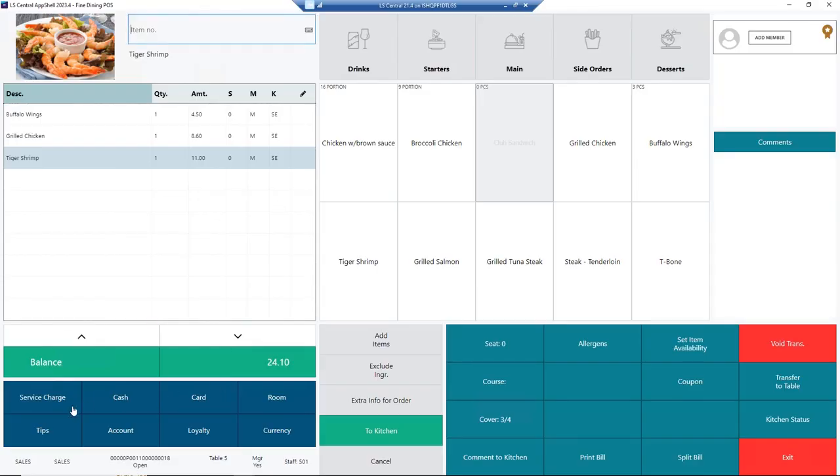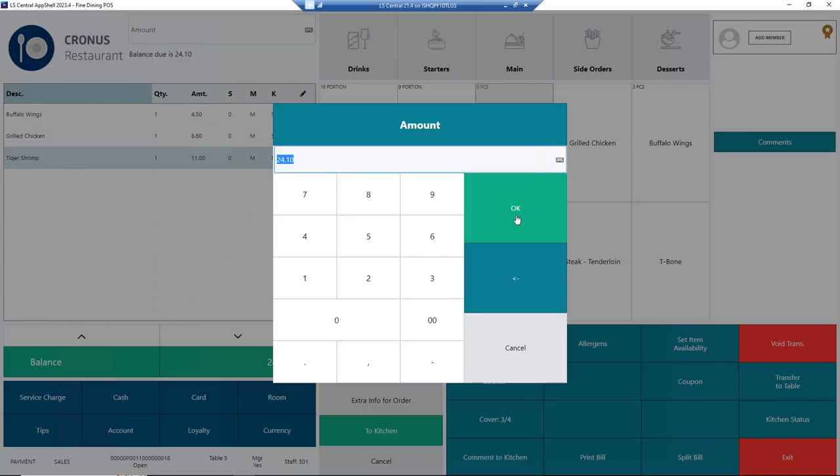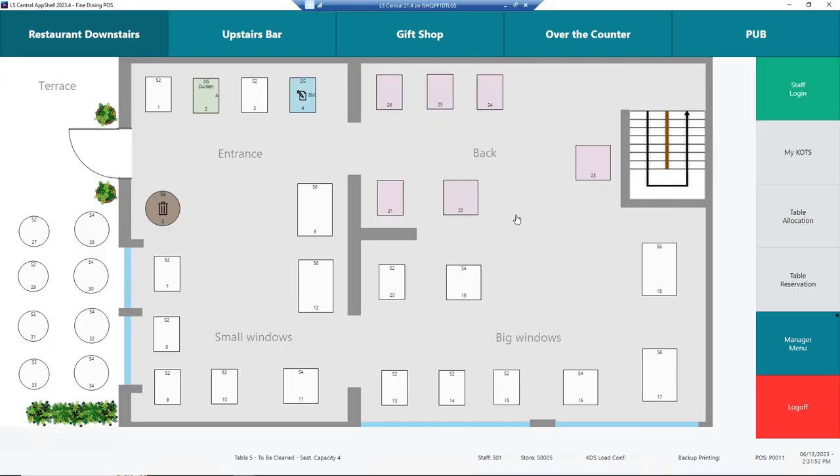And you see that we have the payment types here, the tender types. Whenever you like, you can finish the table and pay as you like. And remember, this is the same as it was with the cafe. We don't need to press total because this menu has been set up the way that we can use the tender types directly. And remember, we have the types here, sales. So this menu has been set up so that it goes into payment mode automatically. So you can just finish the cash and OK, and it will finalize as any other POS sale.